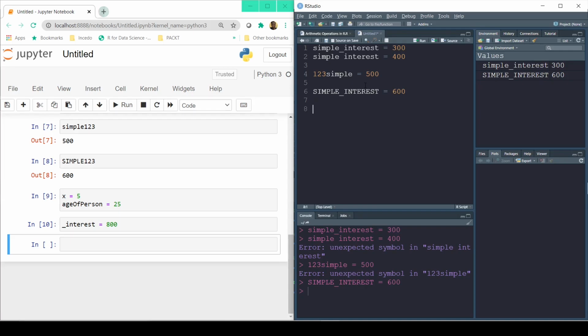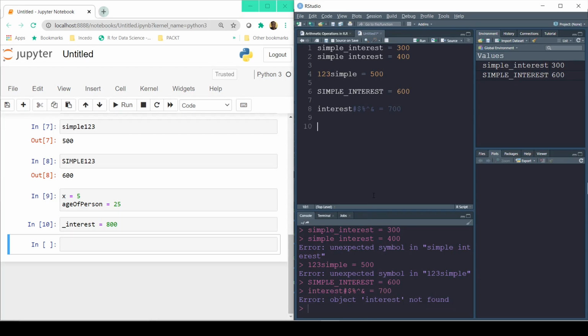And just one other thing that we have to look at, if I want to assign the other symbols, for example, if I say interest and I put all these symbols in the variable name, and let me just assign some value here, and if I try to execute, we already see it is not getting properly displayed. If I execute this, it will throw an error.